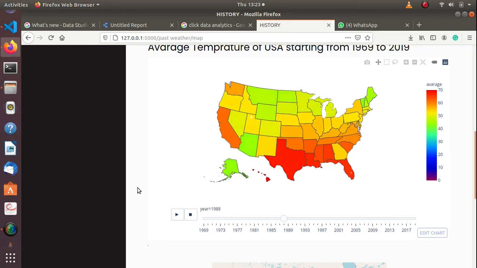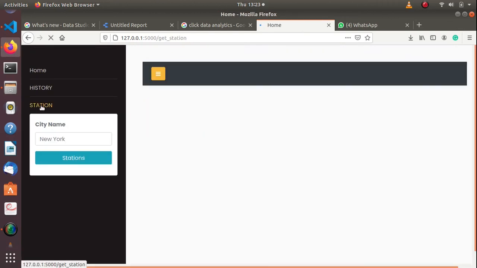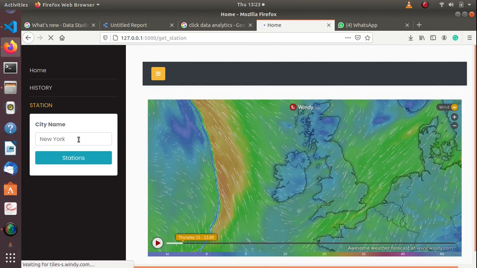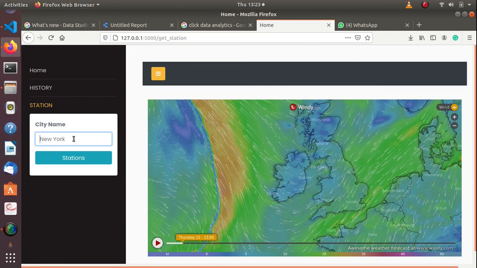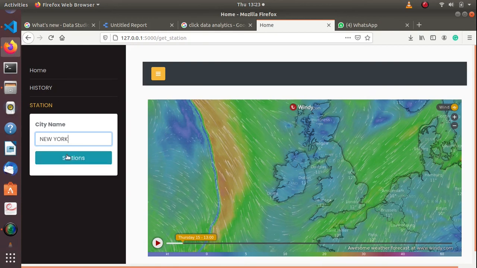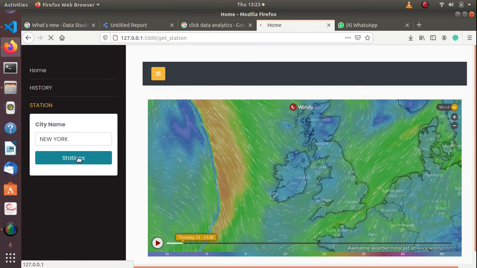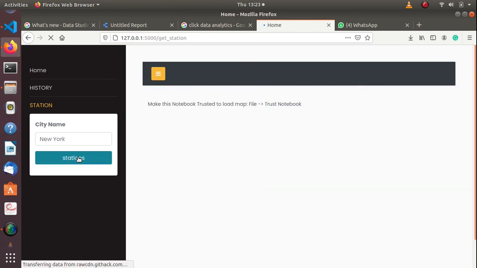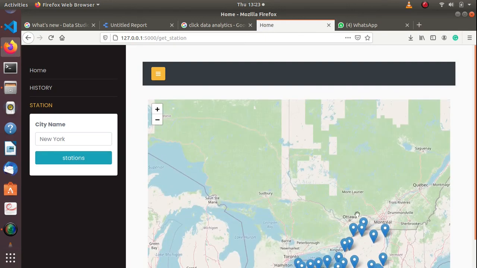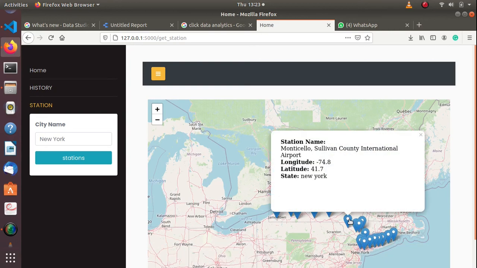The last thing I want to show you is the weather station. You can look at every weather station that is providing weather information in the city that you are looking at. We are looking at Boston. Okay, let's look at maybe New York. Actually, the reason why I cannot search Boston is because I'm looking at states and not cities. So if you look at it now, these are the weather stations that we are using to generate our data, where they are located at each point in the state.